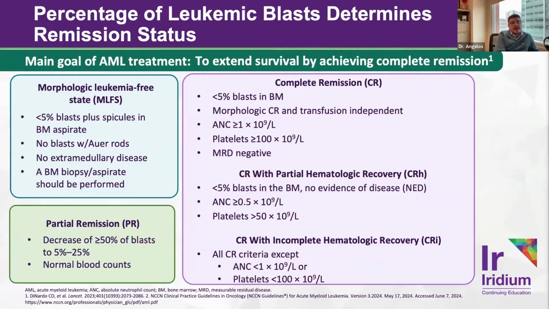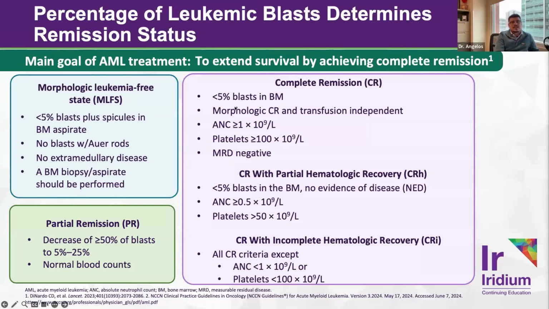So in terms of how we treat a patient, how do we actually define whether or not they're in a remission? What we usually depend on now is guidance from the most updated European LeukemiaNet criteria, which was published back in 2022, which defines basically all of the different states of remission. And a lot of this is somewhat academic. We definitely rely on many of these definitions for clinical trial purposes, but nonetheless can be very important to document correctly and then ultimately decide whether or not you need to move forward with an ancillary line of treatment if patients are not quite in a complete remission.